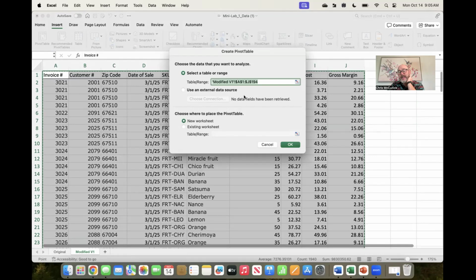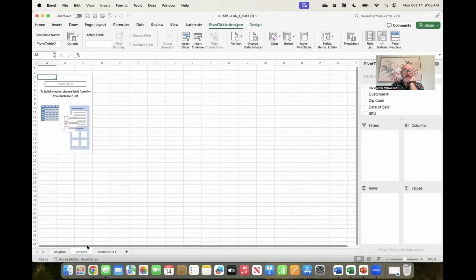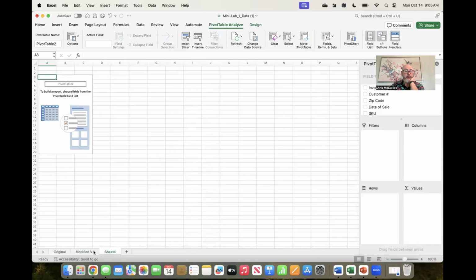I've already highlighted the data set, so it's filled in this table range over here, so I don't have to do anything with that. I can just push OK. And now I have a pivot table. I'm going to move this to the back here, though. Okay. I'm going to call this pivot table